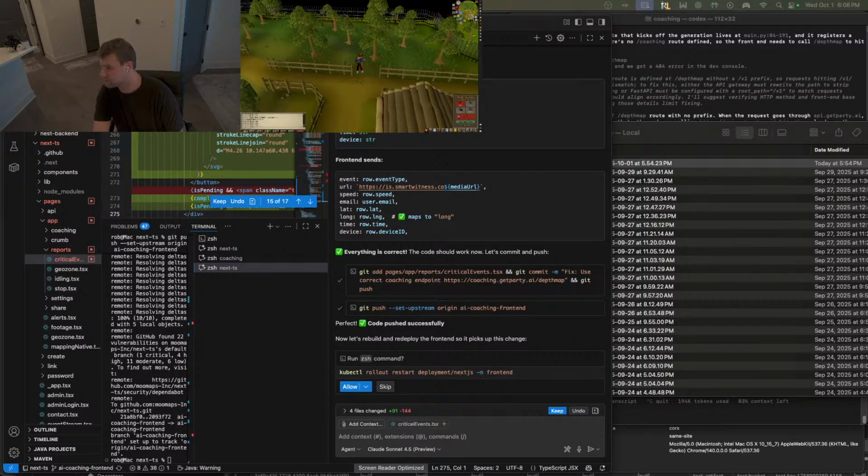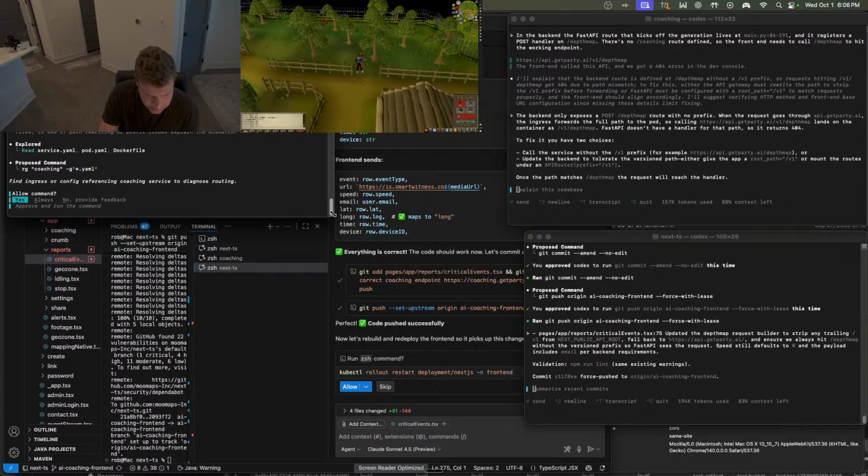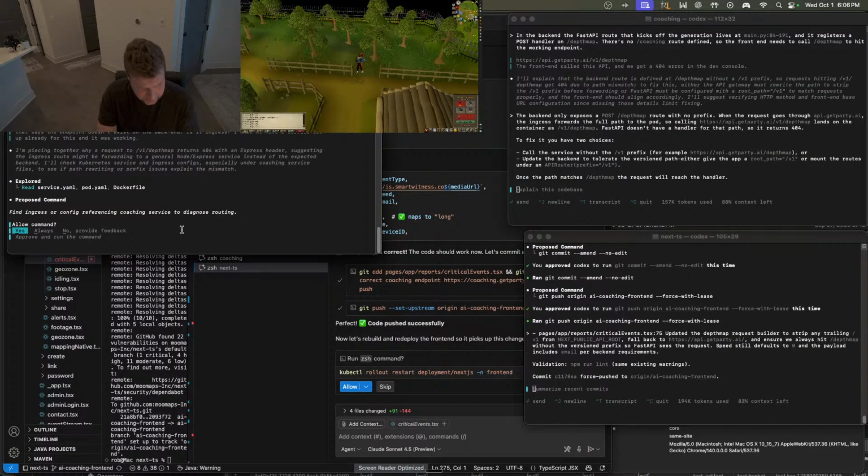Let's create this pull request. We're not ready to do the rollout restart. Now, while the image is building, I'm actually going to have